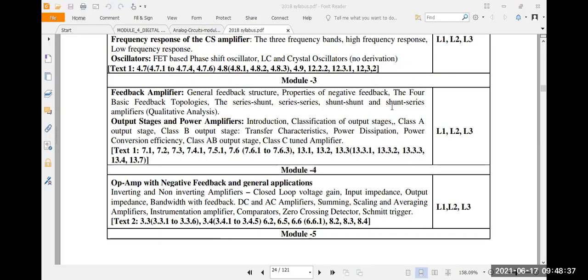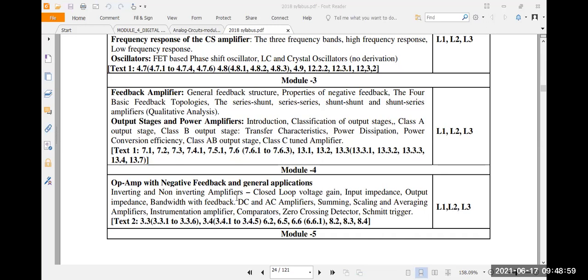Yes, in the previous class we discussed the introduction of the op-amp. What is an inverting op-amp and a non-inverting op-amp? How can we find the bandwidth, input impedance, and output impedance? How can we make the input current zero? How can we find the output voltage? Next, we'll start with your syllabus.